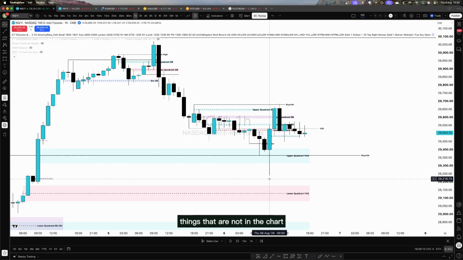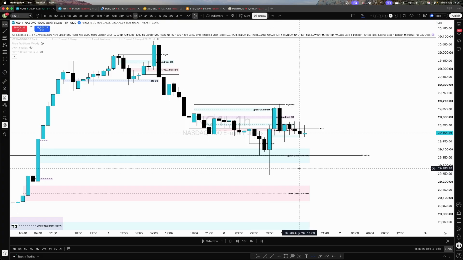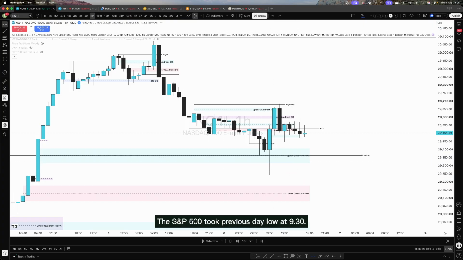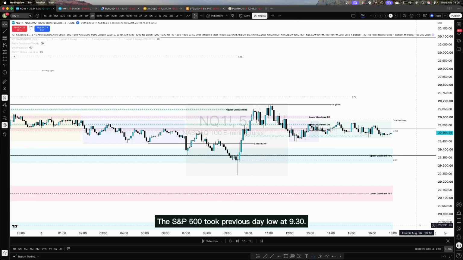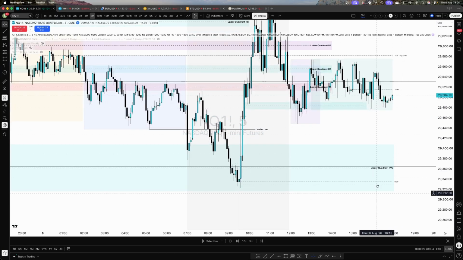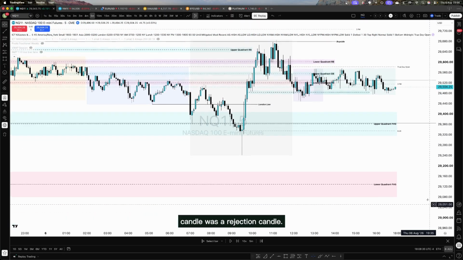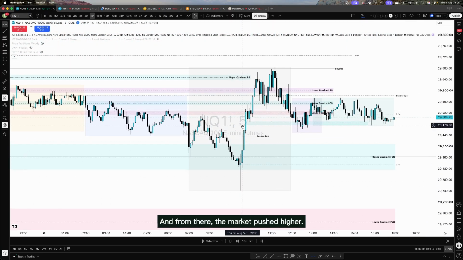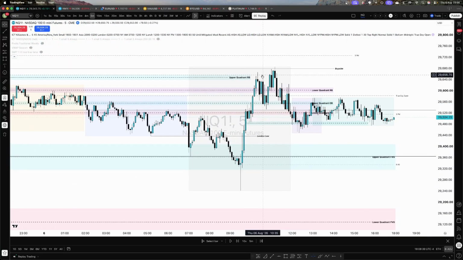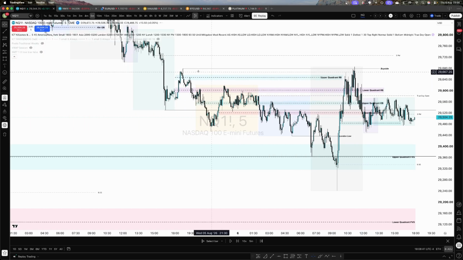I use things that are not on the chart to my advantage, such as looking at the S&P 500. The S&P 500 took previous day low at 9:30, and then price rejected from there. You can see this 5-minute candle was a rejection candle, and from there the market pushed higher. Okay, and the target on here was